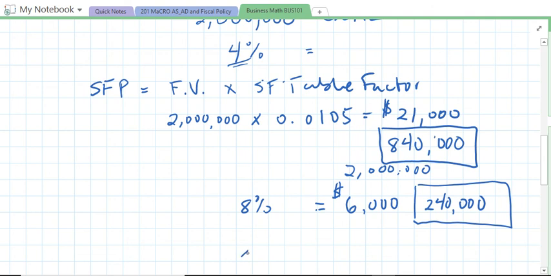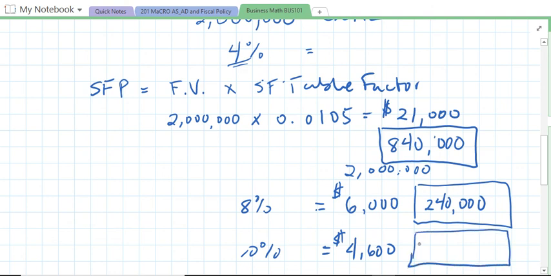What about 10%? As you notice, this is going to be lower and lower and lower. This ends up being $4,600. $4,600 times 40 gives you $184,000. So you can see how a sinking fund is a nice way for you to, if you can earn a lot of interest, 10%, good luck, 8%, good luck. Although the last few years, some people have done that,